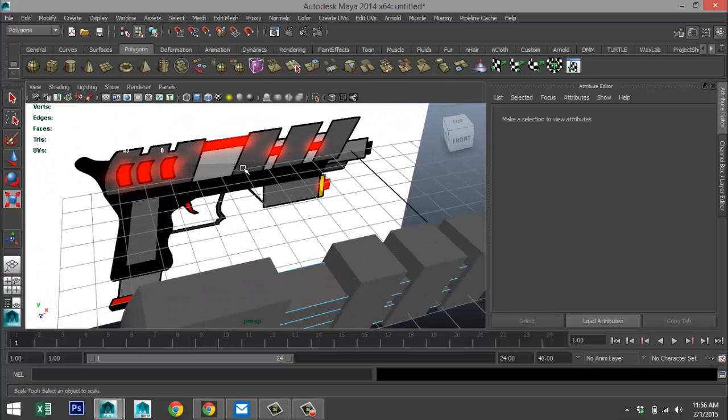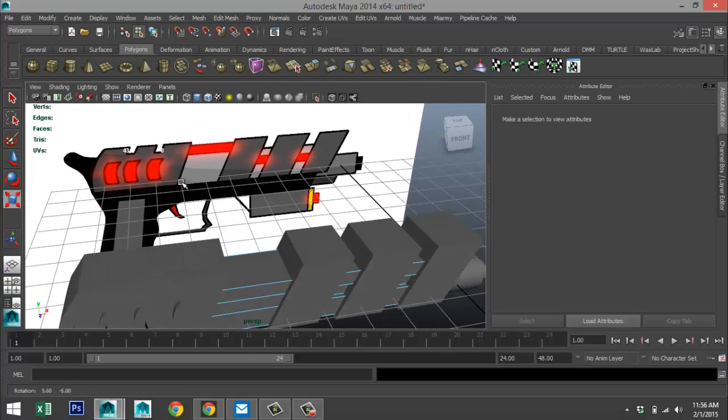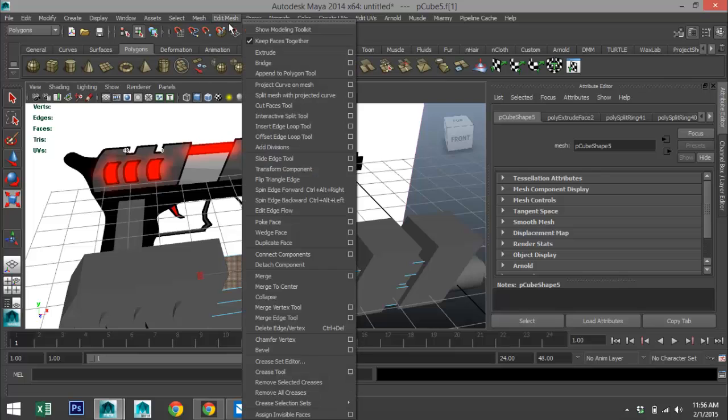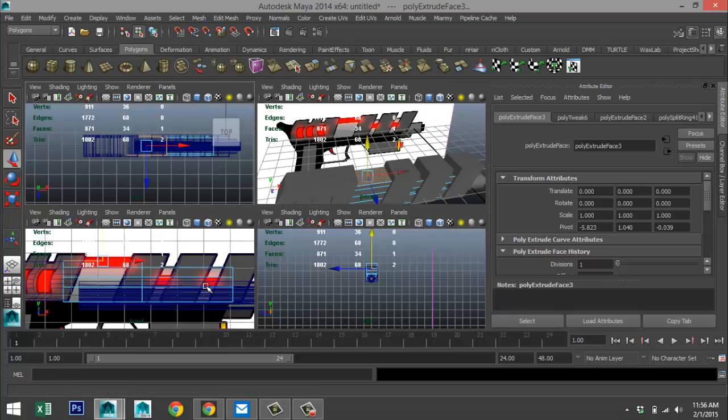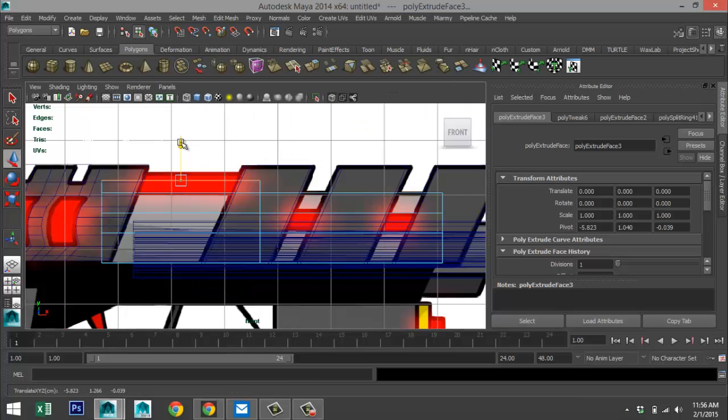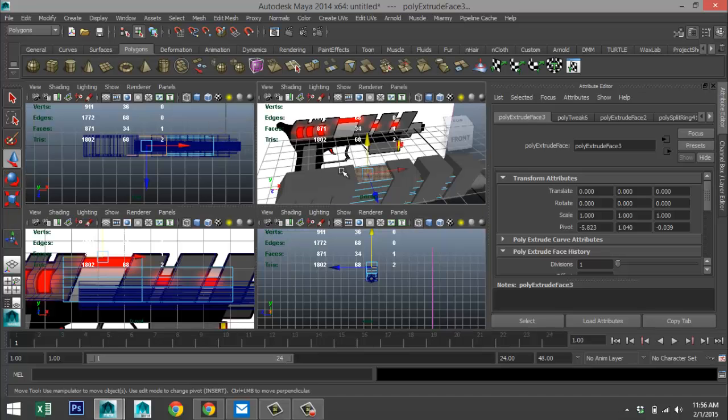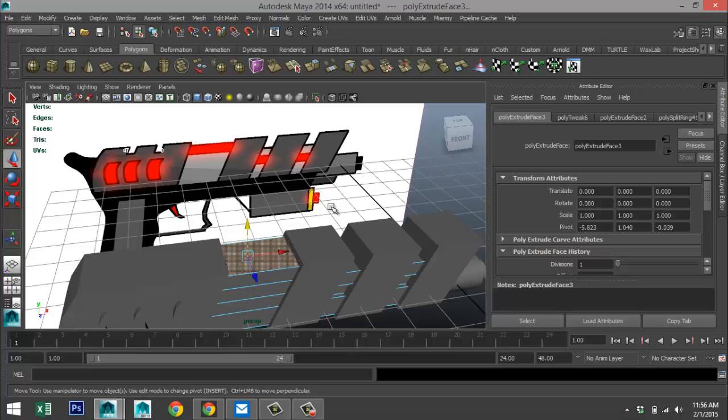We got the section up here that we need to deal with. All right. So for that, what we'll do is we'll take this face, edit mesh, extrude, hit W, pull that up until we have the right height, which is there. And to give it a little bit of detail,